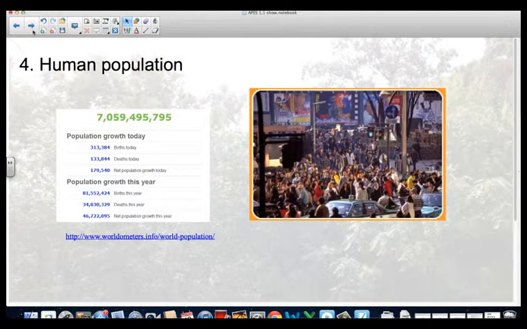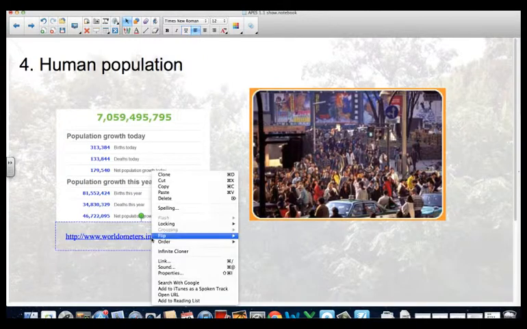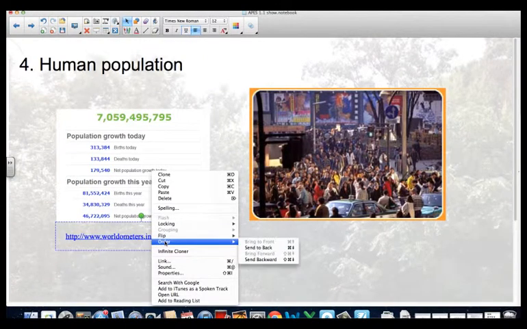We talked a couple of slides ago about food production. Obviously tied right into food production is something like human population. So I took this little snapshot when I was putting this slideshow together just yesterday. So this is the current human population as of yesterday, about 7,059 million. And if we click on this link here,